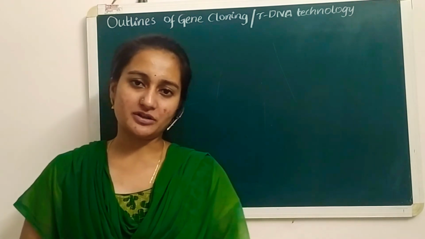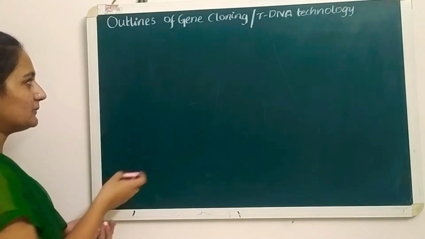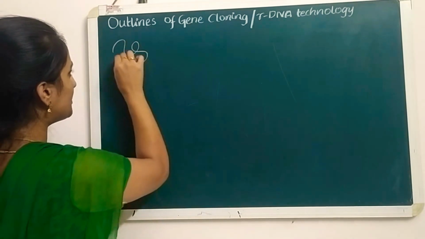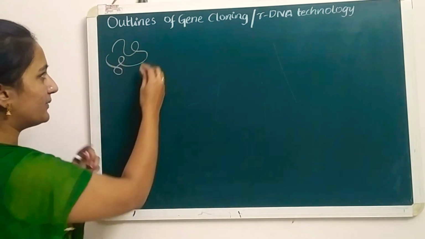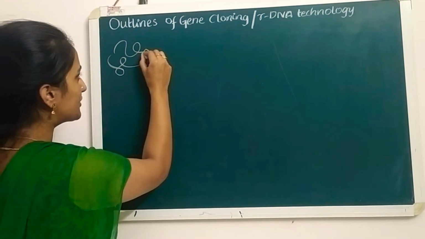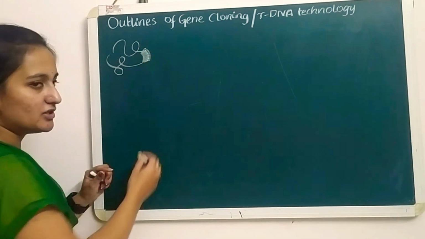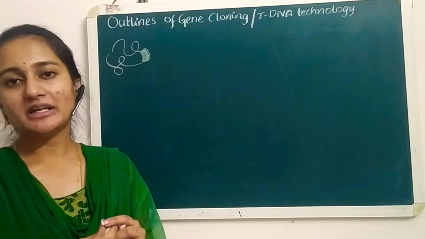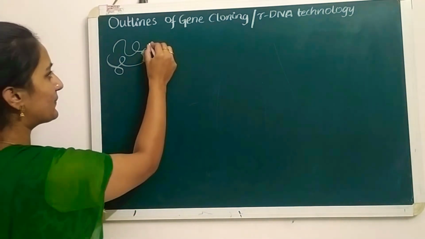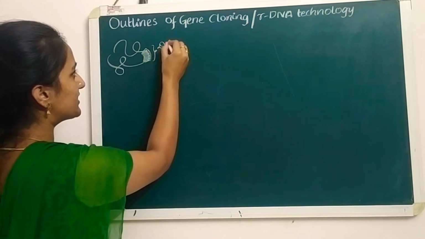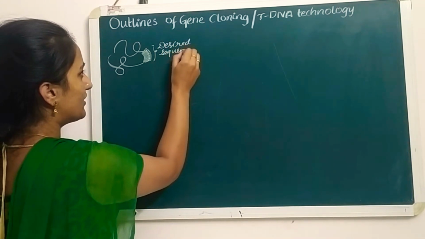So let's have an outlook on this. First, suppose we have the human genome. For example, I'm just drawing here. This is a human genome. Out of this whole genome, it has particular fragments. Out of all these, we are considering this as the desired fragment of DNA for us. That particular desired fragment needs to be separated from the DNA. This is the desired sequence, the desired fragment which we want.